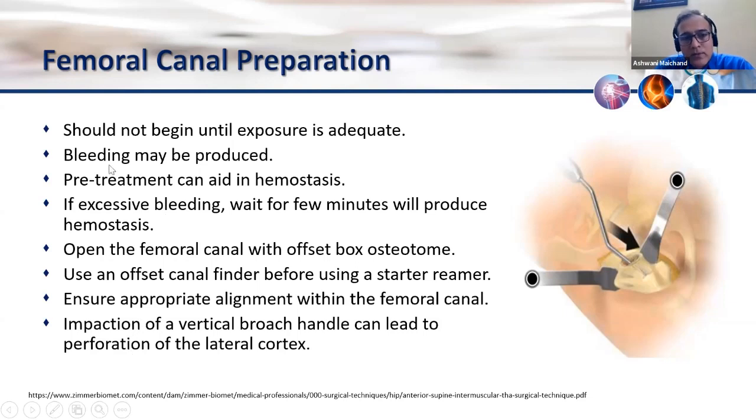So the first line is, that's why it's very important, that exposure should be adequate. Don't aim for a smaller incision when you are starting arthroplasties. Make a bigger incision, look at all the structures, make a proper wide exposure. And with time, gradually you will see that 50% of the incision is unnecessary, but let it come to you. Don't start doing an 8 centimeter or 7 centimeter incision MIS technique. That comes with time.